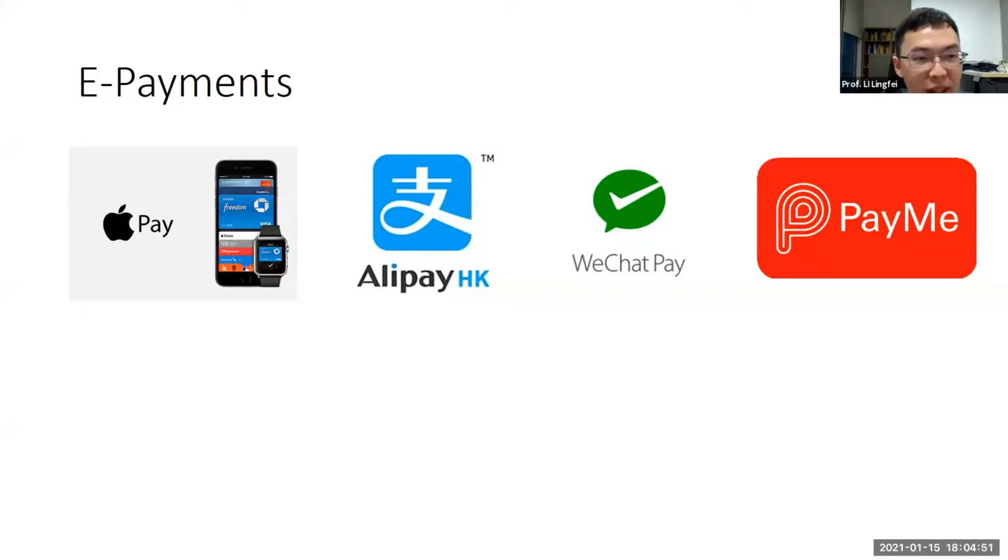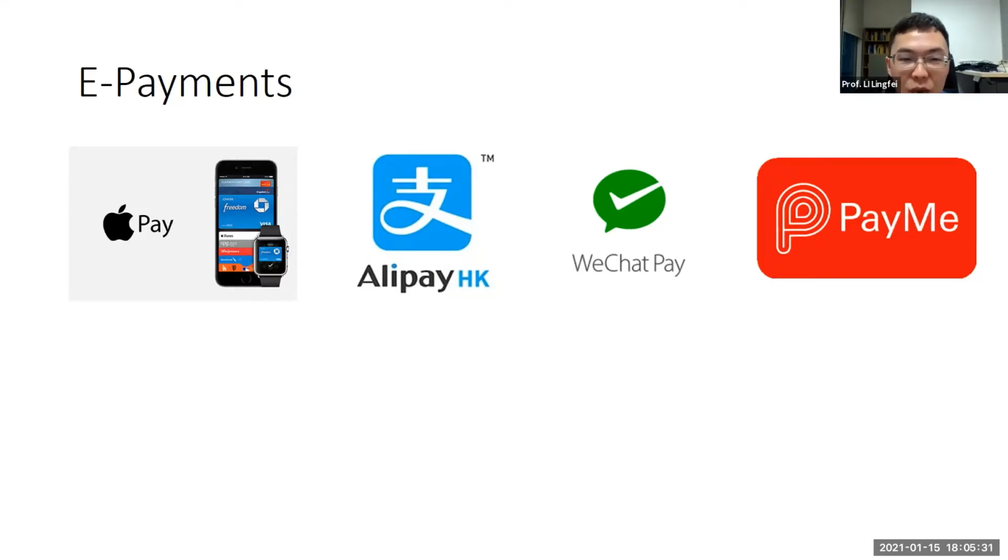So let me take Apple Pay as an example. You can include as many cards as you would like in your Apple e-wallet. You could put several credit cards and debit cards there, and if you just go to a shop, you don't need to bring your physical cards. Just bring your phone, and then you can use your phone to pay for the things you buy. So this is definitely very convenient. You don't have to carry physical cards with you. You don't need a physical wallet, just a phone.